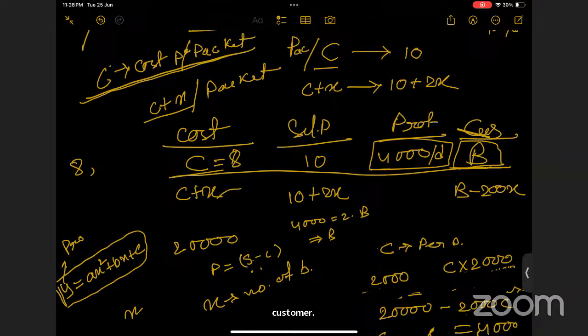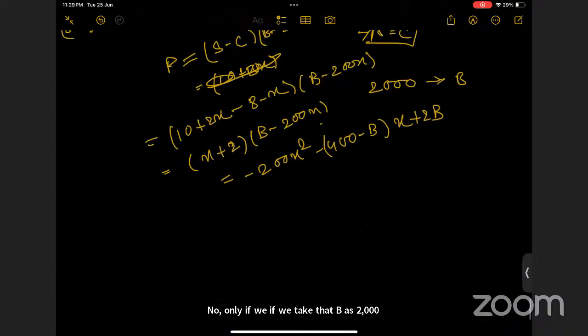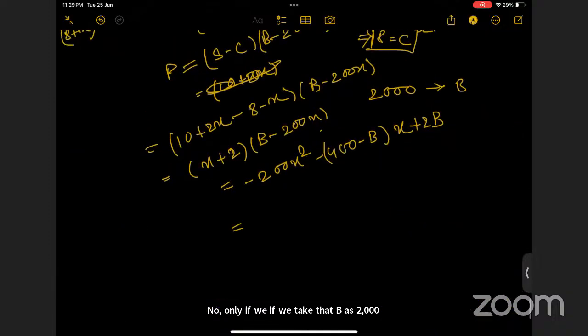So it will be. This is the only way. If we take B as 2000. So what is the simplified version of it? Minus 1000x square minus 2000x plus,